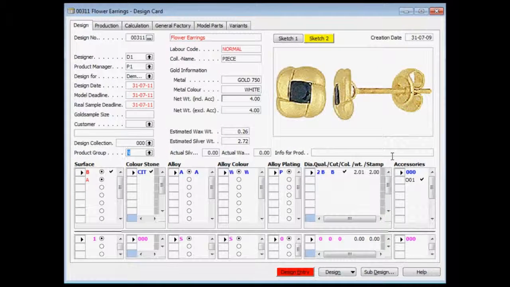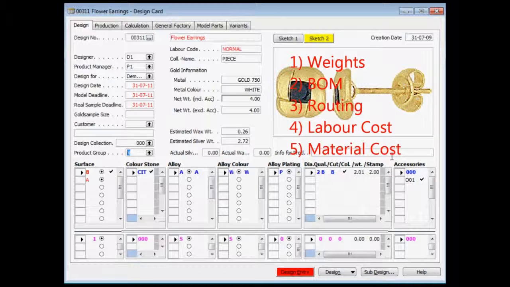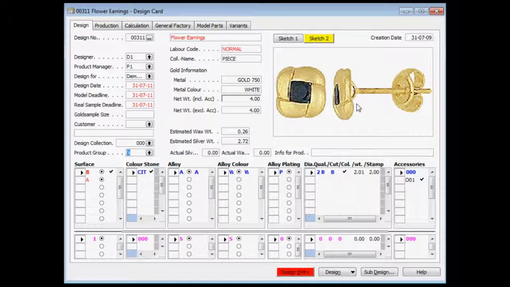You're looking at the design card of DSVC. The design card is the heart of DSVC and its design module. This is where all jewelry designs are recorded in sufficient detail to ascertain its weights, BOM, routing, labor and material costs. It has a header section here